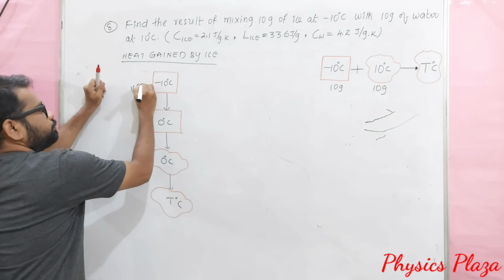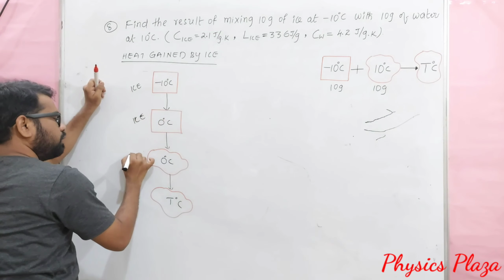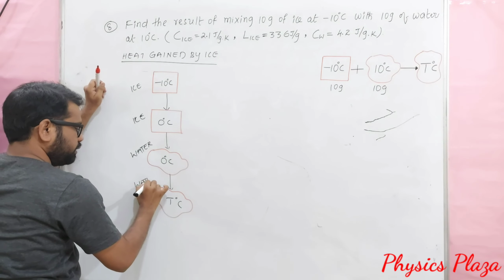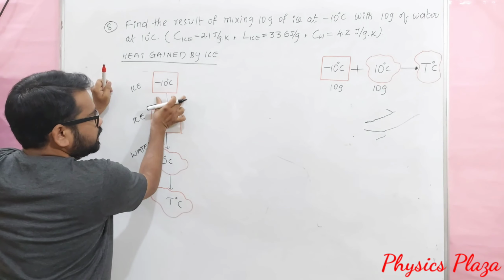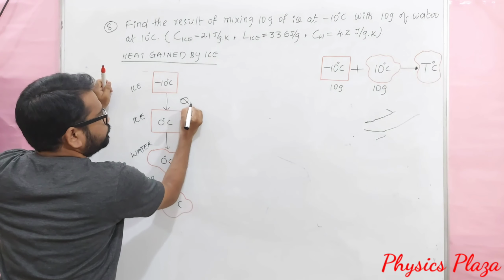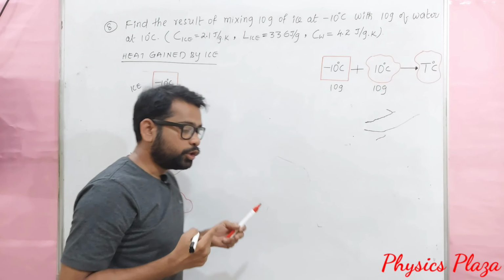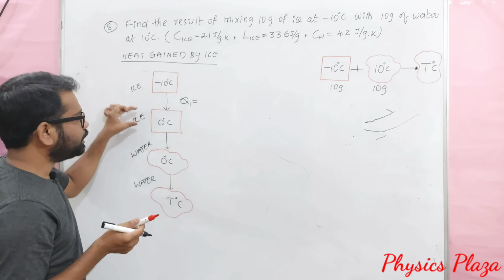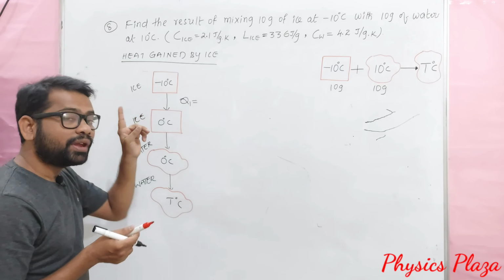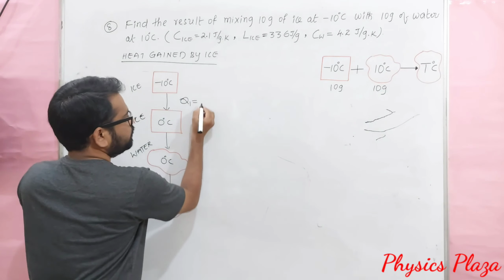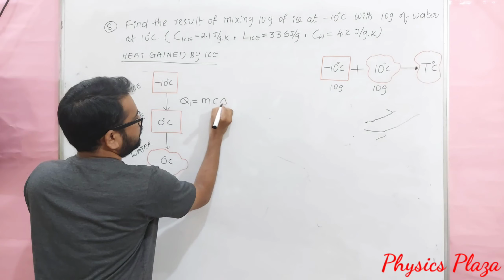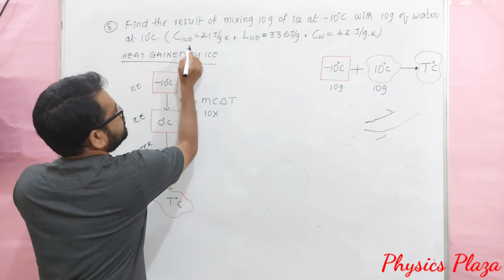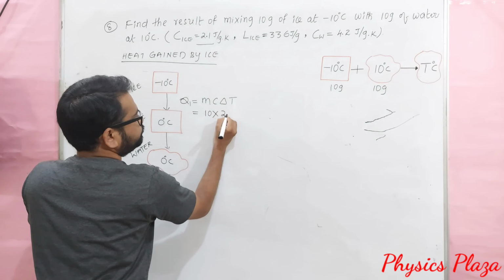Children, here is ice and it is also ice only. Here is water at 0 degrees Celsius and here is water at 0 degrees Celsius. So let us calculate. In this case, let us say the amount of heat gained is Q1. We have to calculate Q1. Should we use mc delta T or mL? Let us check. Children, here there is no change in state, rather there is a change in temperature. Then we have to go with mc delta T. So let us substitute the values. m value is 10 grams. c, the specific heat capacity of ice, is given as 2.1.